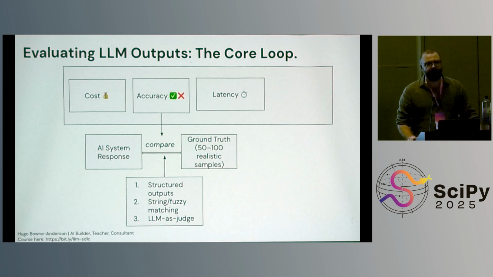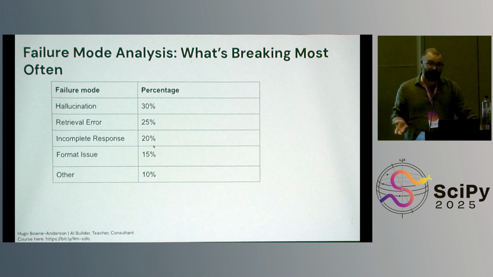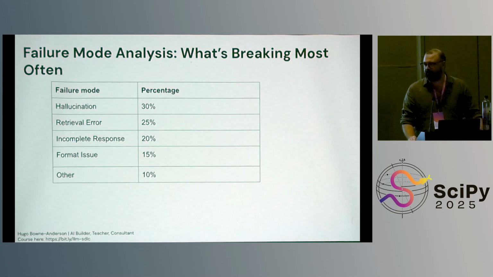The other thing I want to say is, one of the reasons you want to look at it is because you want to make sure, when you scale it with an LLM as a judge, you have a representative idea of what all the different failure modes are. Because let's say you've just never seen an incomplete response, because you haven't looked at enough data, but there are some out there, you're not going to fix that without actually seeing it and writing tests for it and that type of stuff. So I hope that's helpful.